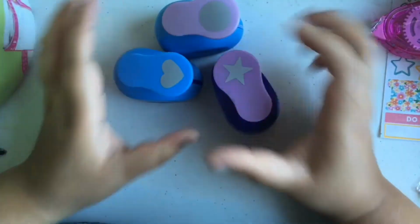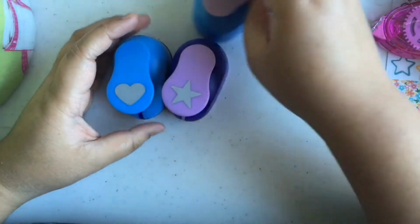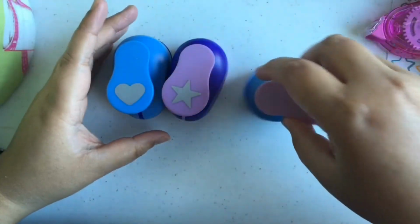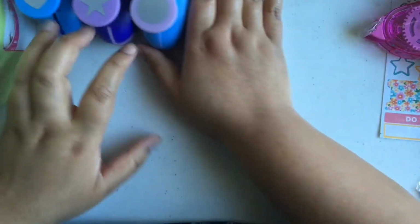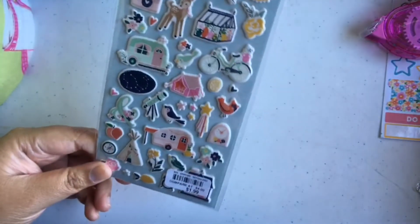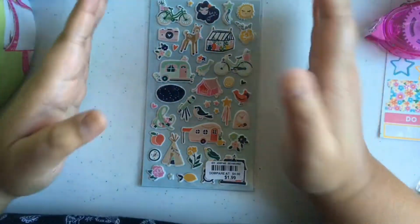So I bought these from Amazon. I don't know if I mentioned that, for $13.99, and they do have other punch designs. I don't recall which ones there are, but yeah, these were the first purchase I did back in February, I think. And then okay, so surprisingly, I went to Belle's Outlet, and I have not been to Belle's Outlet in so long,